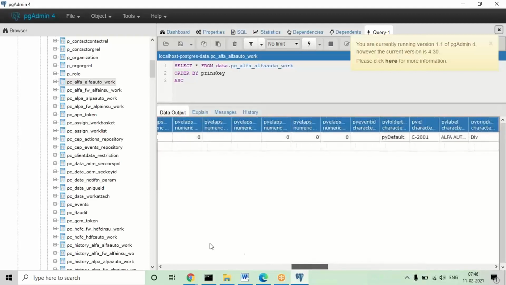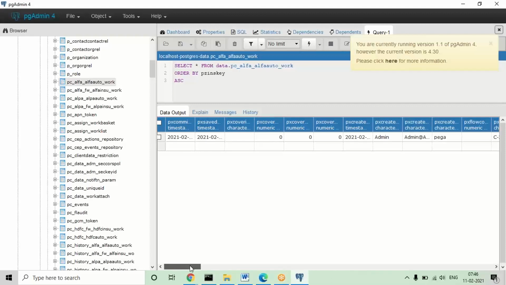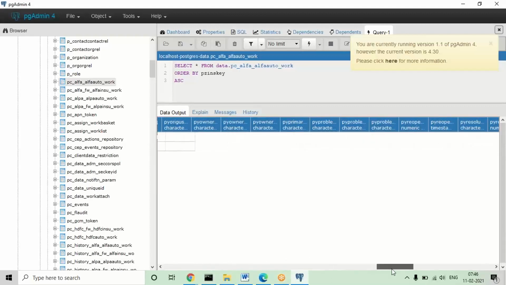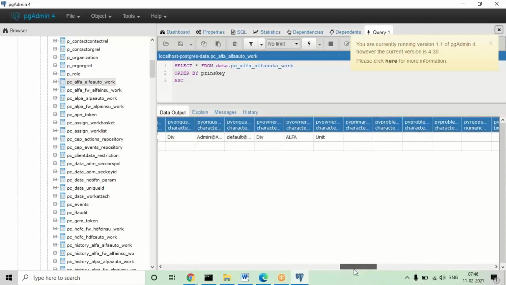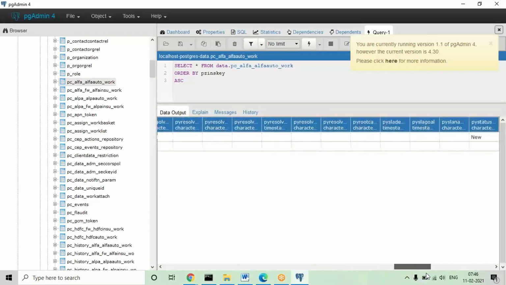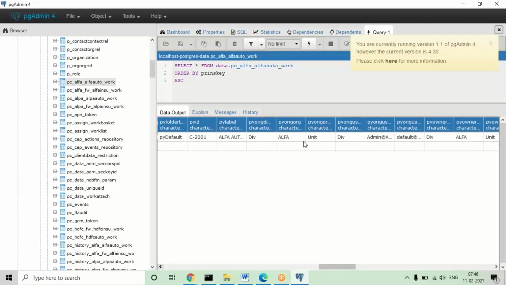See here, how many records are there in this table? One time I executed in this server for this application, so one record is added. How do we know whether this is your record or not? I told you whenever we run any transaction, some work ID will be created. Based on that work ID, we can track whether it is our information or not.